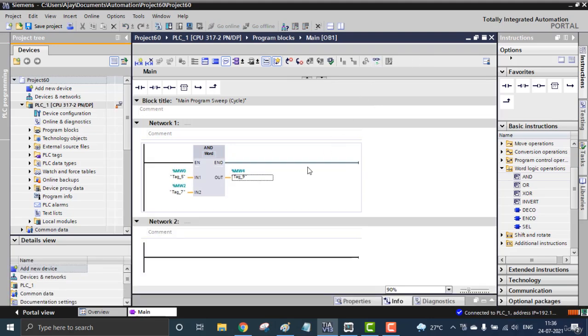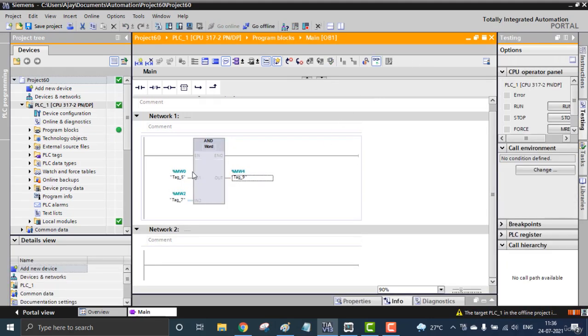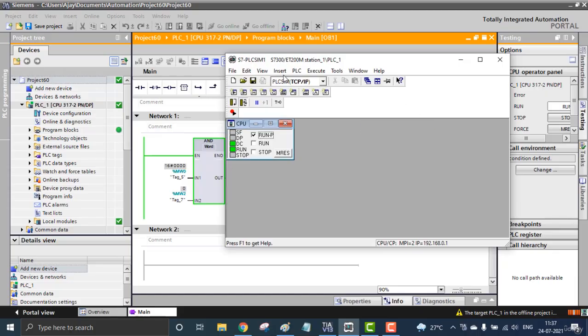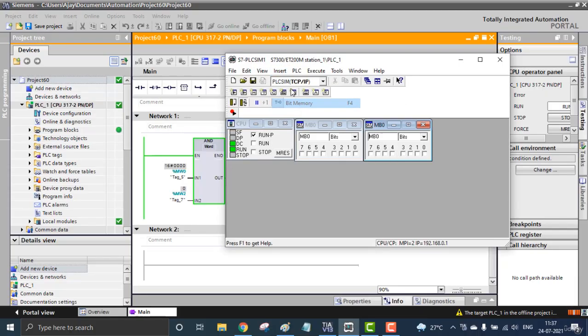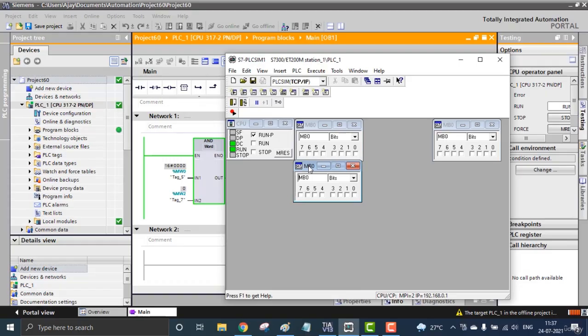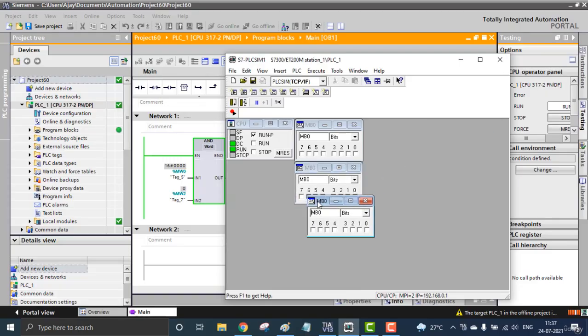We are at the runtime, and we may not be able to see anything in this block, only in the boolean things. So we can go for the simulation mode and check. You can close the input and output and go for the memories. Insert bit memory 1, 2 and 3. So 3-bit memories. For the AND gate, I'm using 3-bit memories.